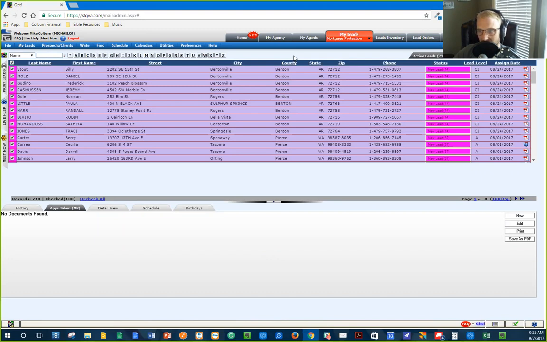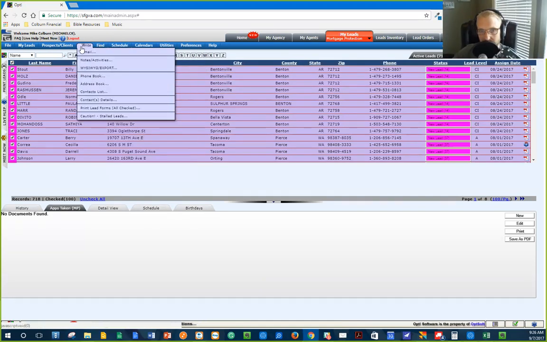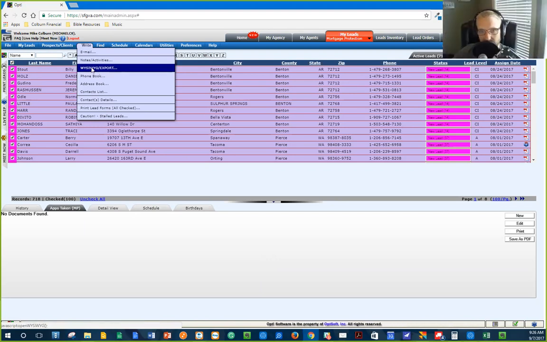If you go into, and Elazar, you might want to help me out on this, is there an easy way to export them to an Excel sheet? Yeah, if you go to Write and then WYSIWYG, specs and clients, Write and then WYSIWYG. Okay, right here, export. Thank you. You can click that.